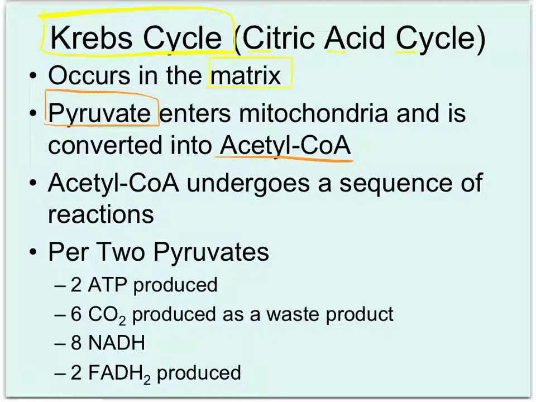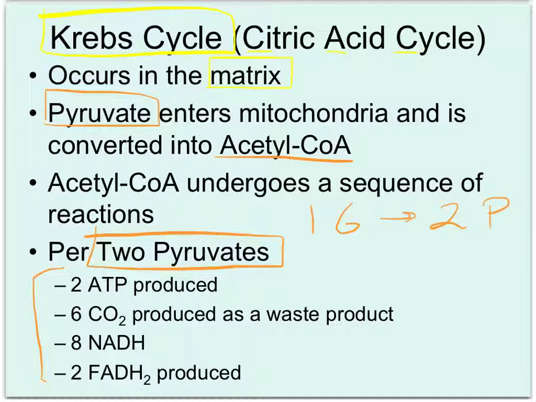That same acetyl-CoA then goes through a whole bunch of different reactions, which we're not going to go into here because all we really care about is what it makes. So we've got down here a nice list for every 2 pyruvates. And remember, 1 glucose makes 2 pyruvates. So saying for every 2 pyruvates is the same thing as saying for every 1 glucose that we're talking about right here. For every 2 pyruvates, we are making